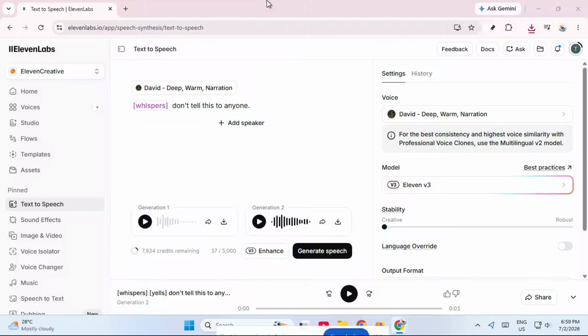If you want to make a voiceover whisper in ElevenLabs, you're in the right place. In this video, I'll show you the quickest way to create a whisper effect using the ElevenLabs text-to-speech generator, and I'll also show you exactly where to place the audio tag so your result sounds natural. This is a super useful trick if you want to add secrecy, suspense, storytelling, or a more dramatic tone to